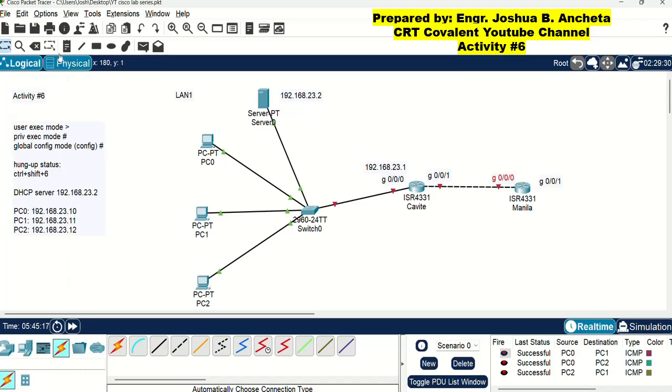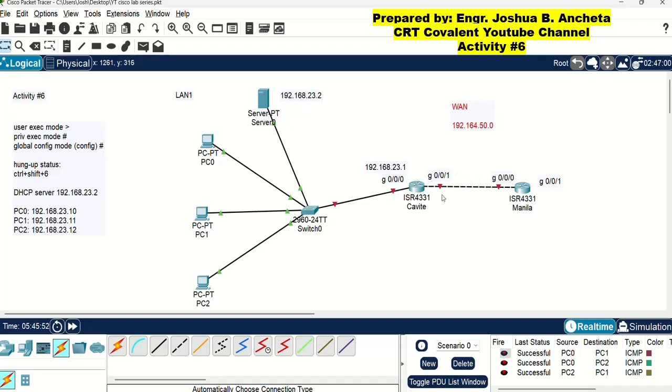Let us now assign IP addresses between the routers. Because between the routers, we can say this is a wide area network. Let us assume the network here is 192.168.50.0.